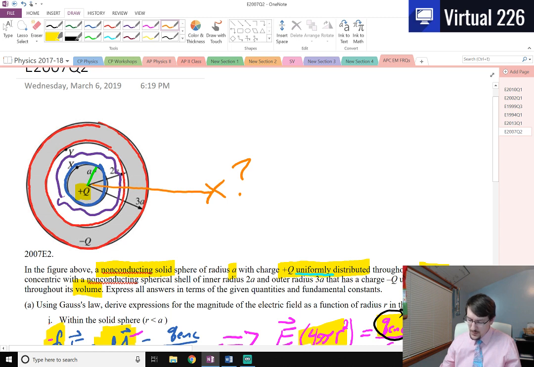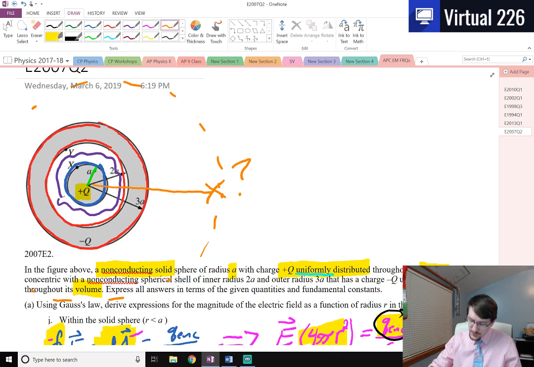Okay. Well, let's just think about this for a second. We know it's going to be Gauss's law, so the integral of the E field over some surface area. And we know we're going to pick a sphere again because we still have spheres here. But what's the charge enclosed? The charge enclosed inside of some large Gaussian sphere that we could create is plus Q and minus Q. So because we're enclosing a positive value Q and then a negative value of Q, we actually are not enclosing